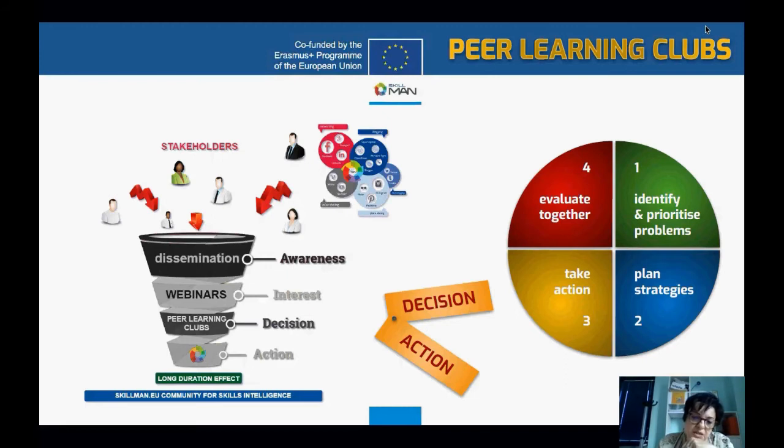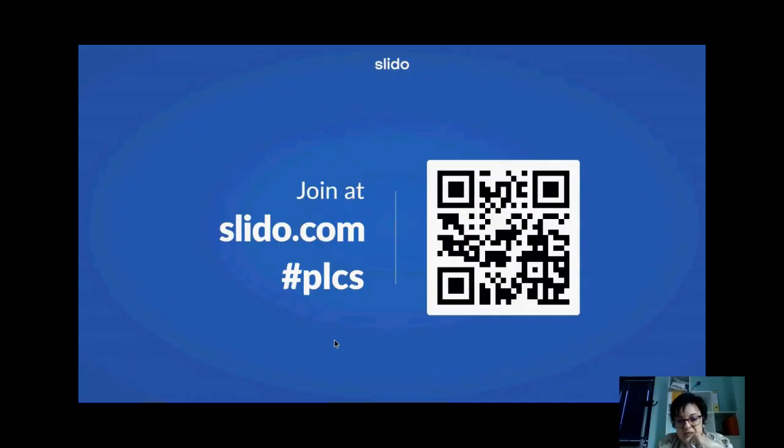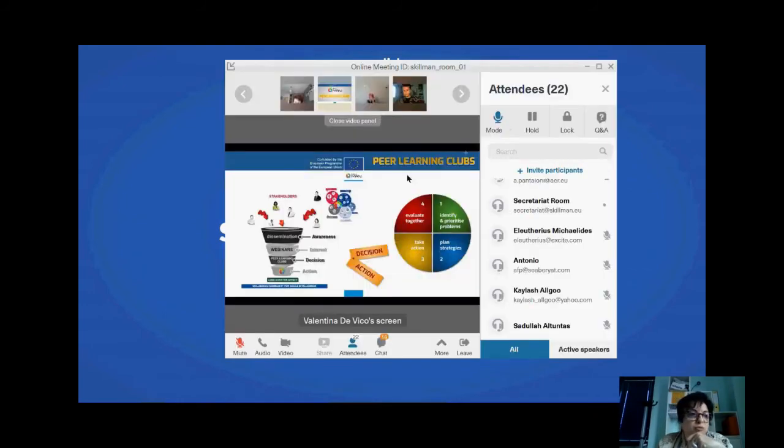So this cross-cutting approach to dissemination will inspire our work inside the PLCs, and specifically our collaborative work will be based on a three-step process. We can see it on the graphic on the slide. So the first step of our work in the next meeting after today will be focused on a first phase aiming at identifying and prioritizing problems related to the advanced manufacturing sectors. What are the problems, but what are also the main challenges for innovating curricula, innovating services, anticipating skills, and also for